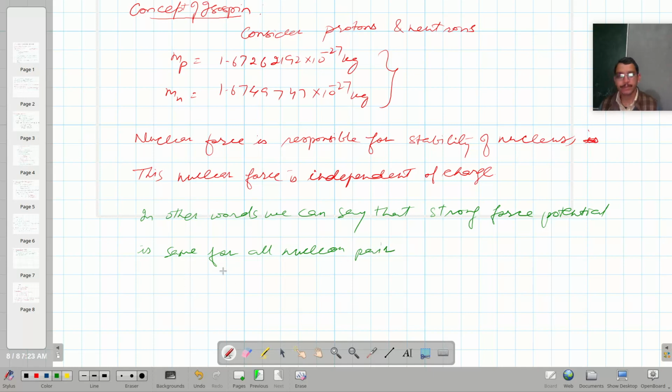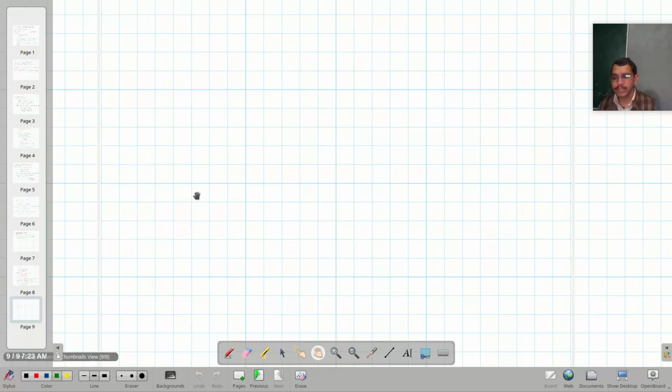That means the potential between proton and proton is nearly equal to the potential between neutron and proton and the potential between neutron and neutron. So keeping all these things in mind, Heisenberg suggested that